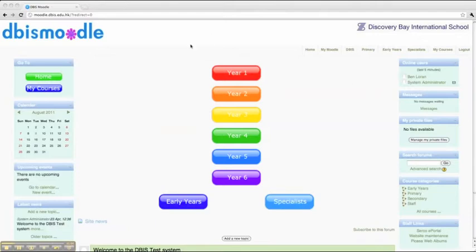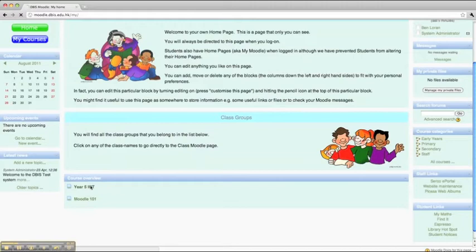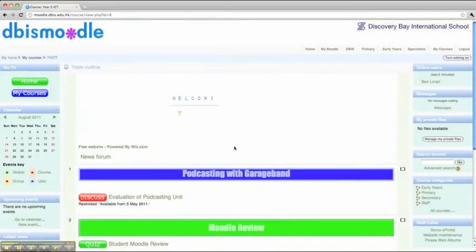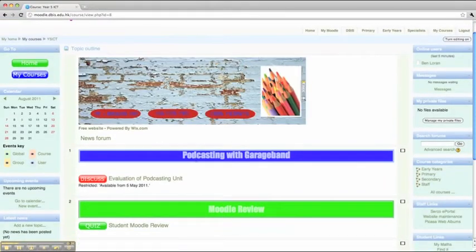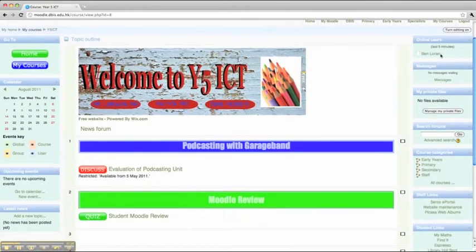Let's get down to it and show you the nuts and bolts of how to add a discussion forum. When you're signed in, you need to go to your course. So if we click here on My Courses, and if I wanted to add a discussion forum in the Podcasting with GarageBand topic, I have to turn editing